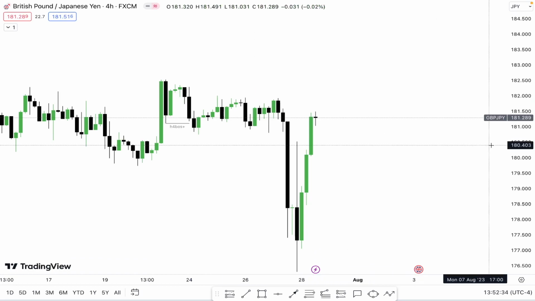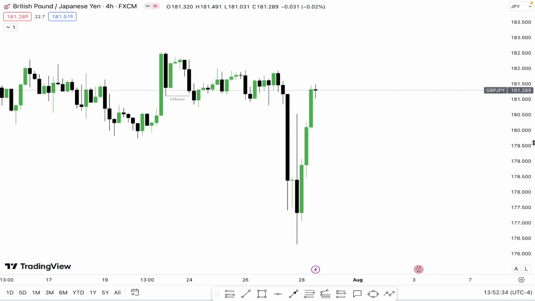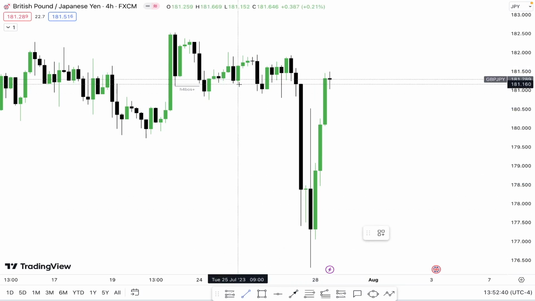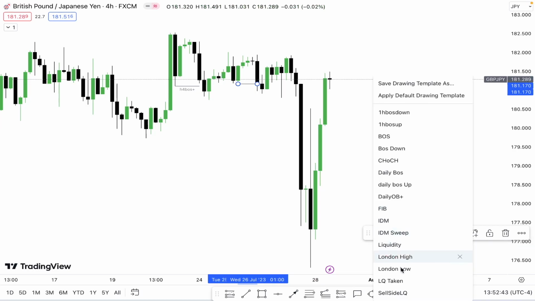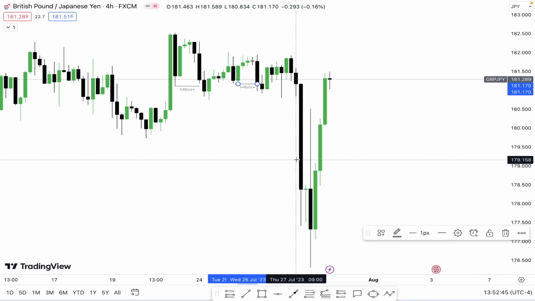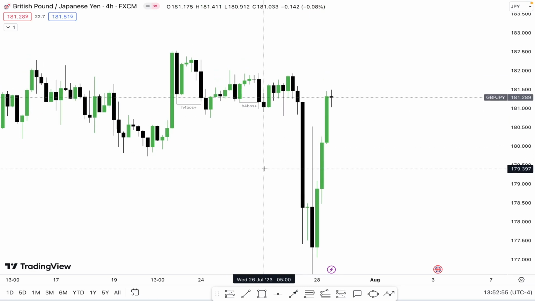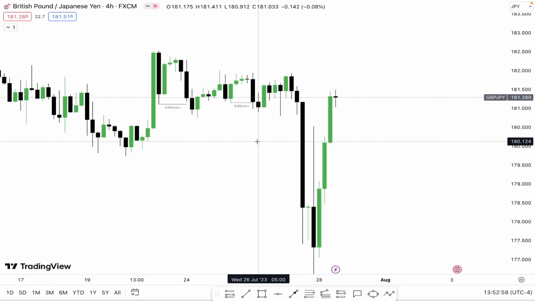Now here we are again. This is where I took the trade. So now this breaker structure right here confirmed the bearish bias right here. So now once I got my bearish bias from the 4-hour, I dropped down time frames and I look for